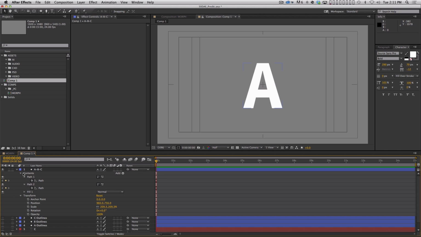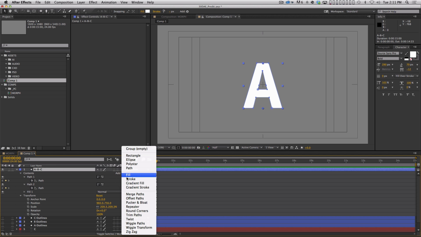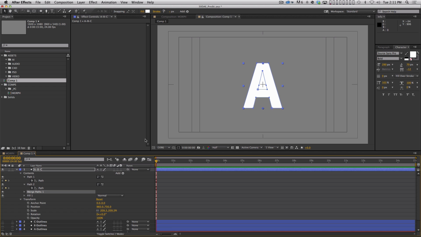And I don't have a merge paths in here, but it seems to still be working. But I like to put a merge paths in there just in case. It makes sure that as I make letters that may have more than one hole in it, everything works right. So the default mode of merge paths is add. And all that does is it adds